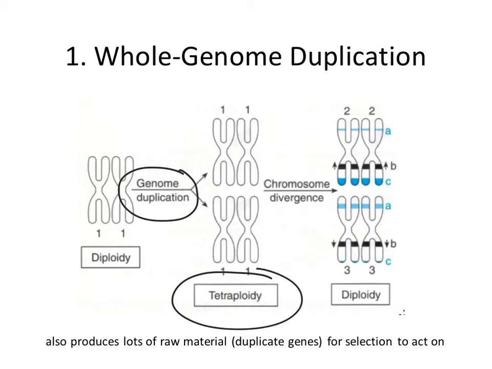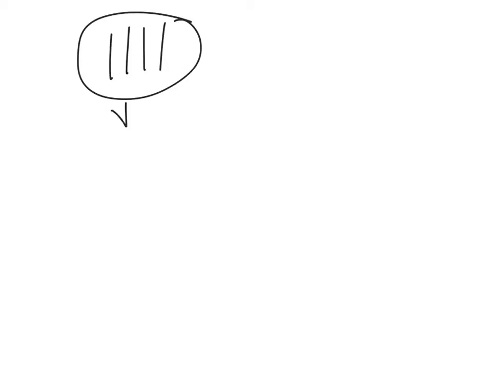The issue being that if you've duplicated your whole genome, if I happen to be tetraploid, which I don't know if I am, I suppose I'm probably not, but if I were tetraploid, then presumably I'd have to find a partner to have kids with who is also tetraploid. Because if I was tetraploid and I mated with a diploid organism, we would probably be triploid. So if you've got a tetraploid organism, 4 copies of every chromosome,